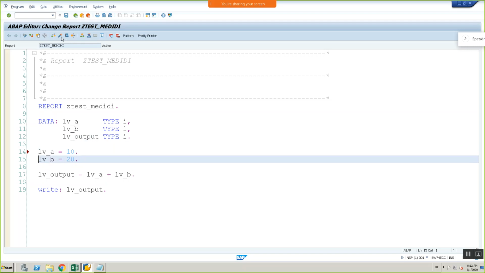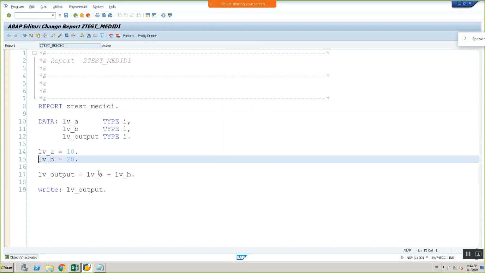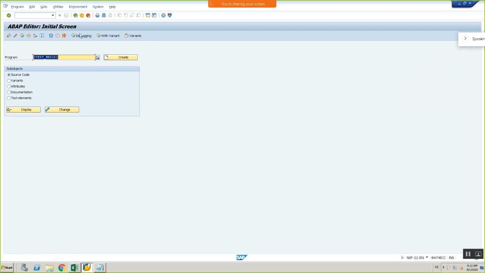Okay, so I'm activating it now. I will try to debug this program and show you how it was executing line by line. So I am going one step back here, and we have an option called execute in debugging mode. When we execute the code in debugging mode, this time also our code is executing. So whatever code we are writing, that is executing. We can talk about this later if you feel confused.